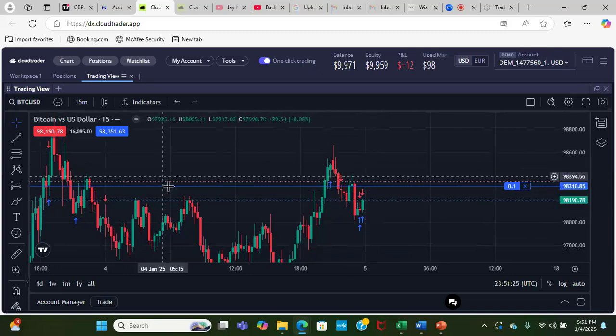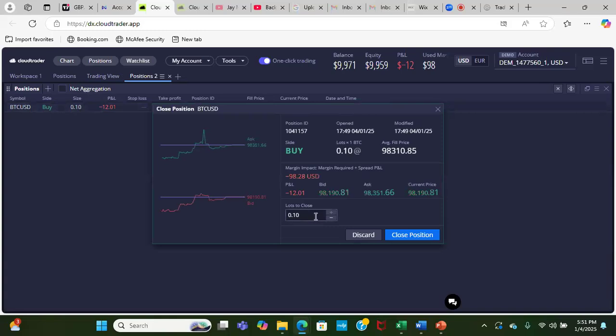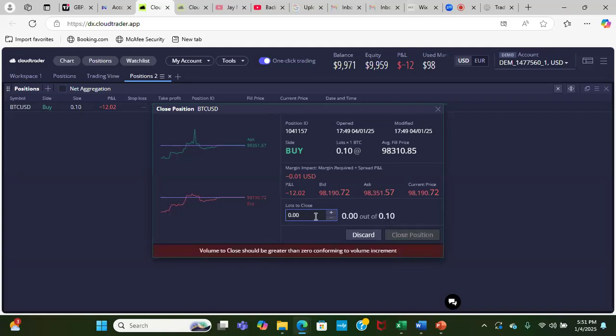So anyway, if I was exiting this trade, let's just say I messed up on my lot size. It was a 0.10, but I really like my position that I'm in, right? So I would come here and I would change it. So let's say you messed up, you put 0.10 instead of leaving it and risking a lot of your account or whatever the case may be, you can come here and change it to 0.9. And maybe you want to close that out and then leave the 0.01, right?